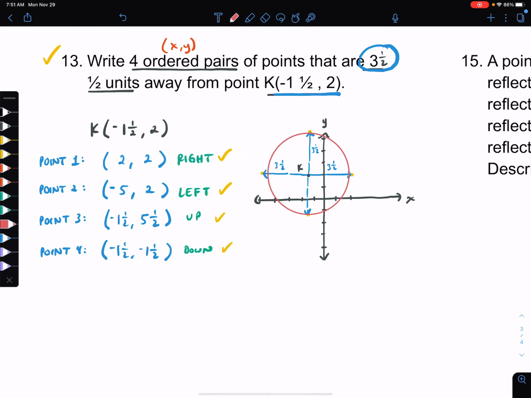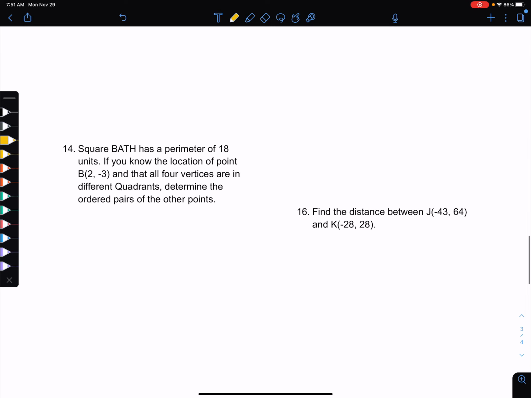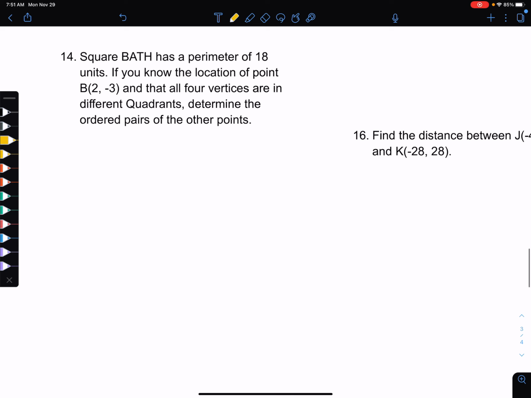So I guess it wasn't too bad of a sketch. Could have been a little more neat, but freehand. So there technically are infinitely many more dots that are 3.5 units away all along the circle, but you would need to know some other types of math to figure that out. Okay. There's 13. For 14,